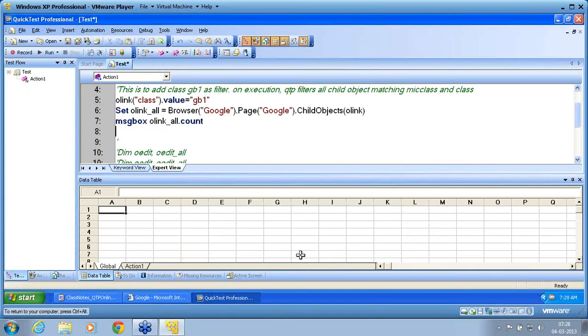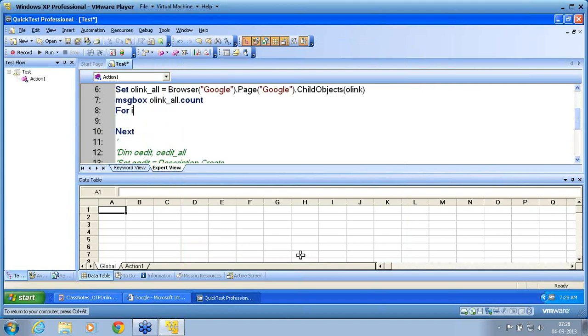Now my job is, I know what my count is: for I equals 0 to OLink_All.Count minus 1, because it starts with 0, as all arrays start with 0. It's an array element.